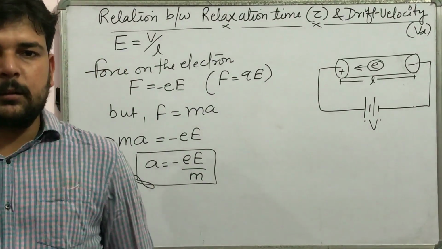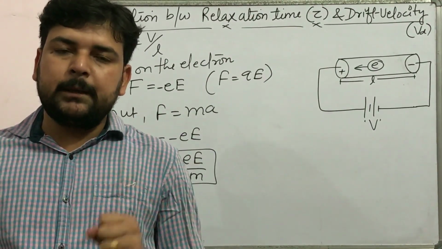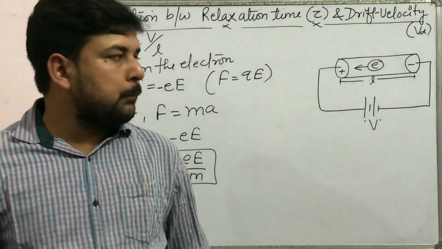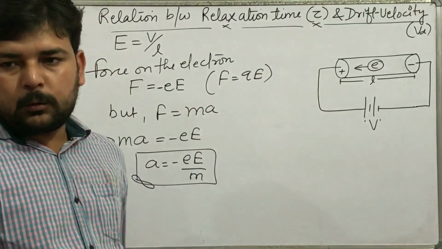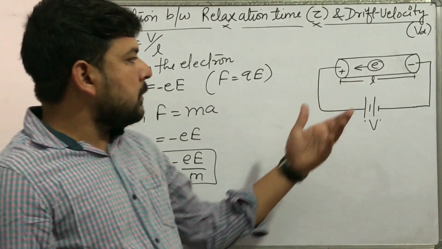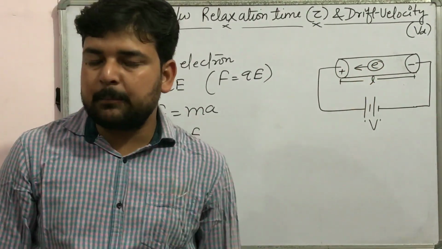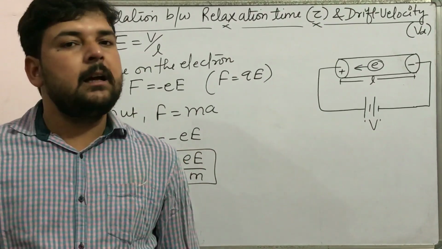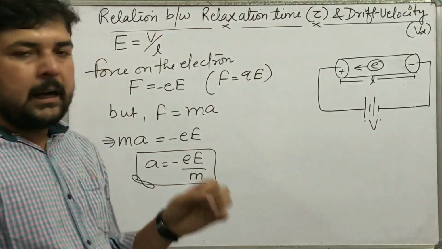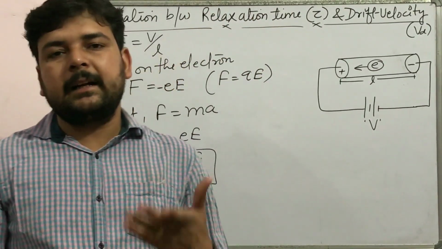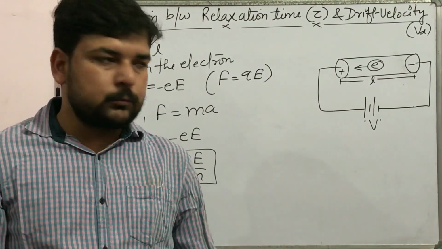Now, basically, the acceleration a will be different for different electrons, but here acceleration a is taken to be the same for all the electrons. The electron near the end of this conductor should be exerted upon by more force, but actually here that does not happen. We have taken the acceleration of all the electrons to be a, and the force acting on the electrons taken to be F. So force and acceleration are taken to be the same on all the electrons.